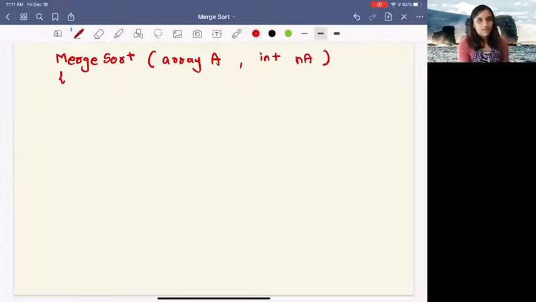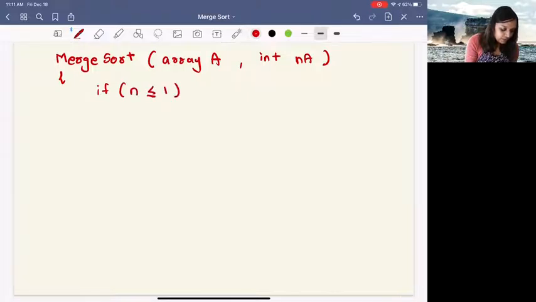Let's begin. So first, as you know, in order to do the MergeSort, we are using the divide and conquer technique. In order to use divide and conquer technique, you definitely need to divide first, right? And when you are dividing things, you can divide things only up to a point when there is just one thing. If there is only one element, there is no further way in which you can divide that element. So we have that condition. If your n is less than equal to 1, then you just return. That's your first condition. Otherwise, if that's not true, then